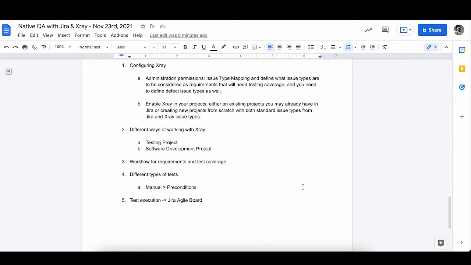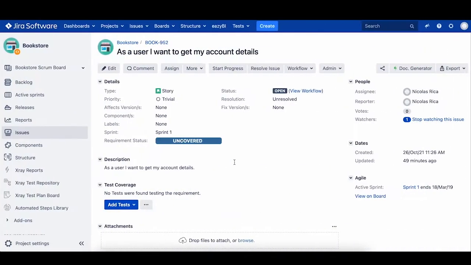And the possibilities are virtually endless. So you need to decide which strategy you're going to use and move forward with after onboarding Xray to your company and to your software development team. Now, let's jump right into the